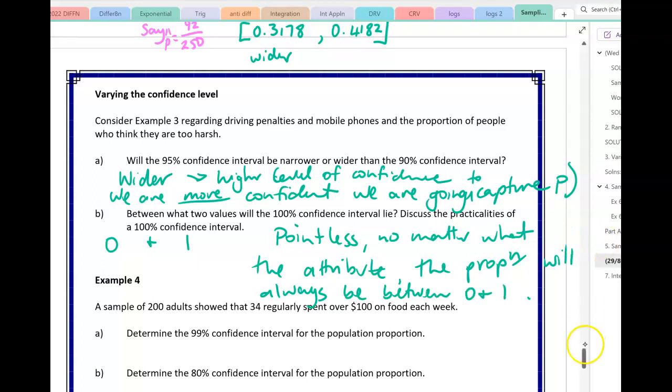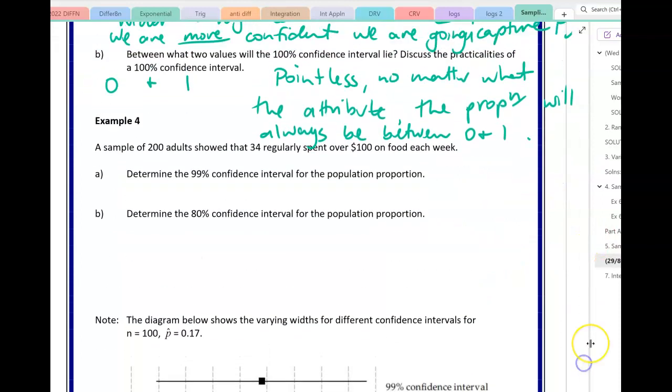All right. Have we done number 4? So a sample of 200 adults showed that 34 regularly spent over $100 on food each week. Maybe I should change that to over $300 these days. Determine the 99% confidence interval. So I'm getting 0.1016 and 0.2384, as opposed to the 80%, which you would expect to be narrower, lower level of confidence. So